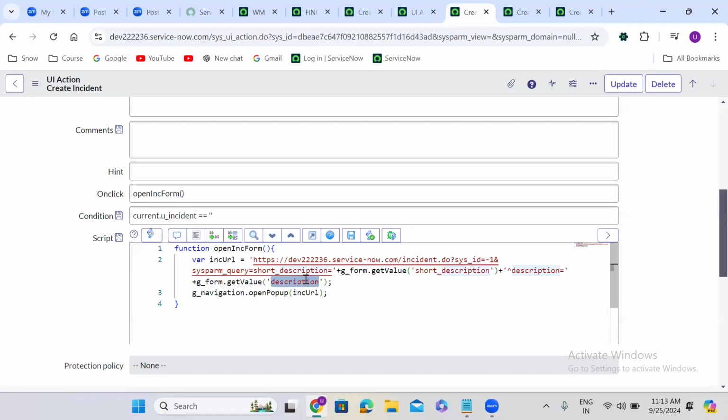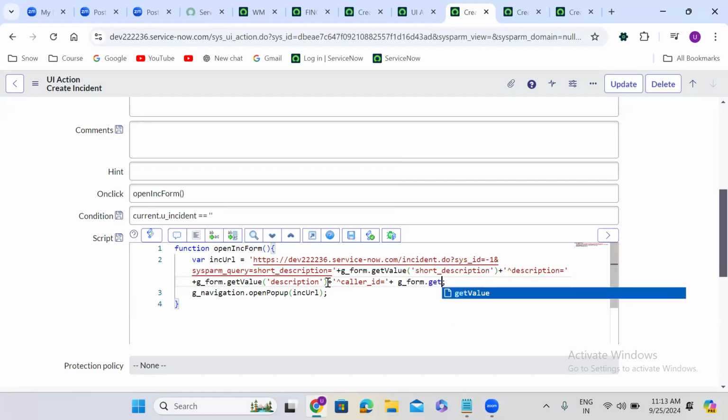Okay. Plus caret symbol, caller ID, incident caller field name is equal to plus